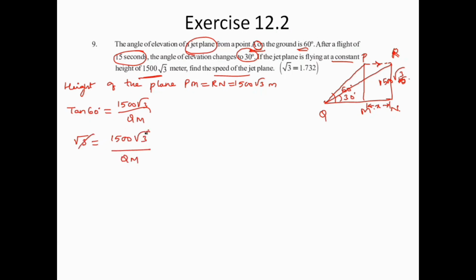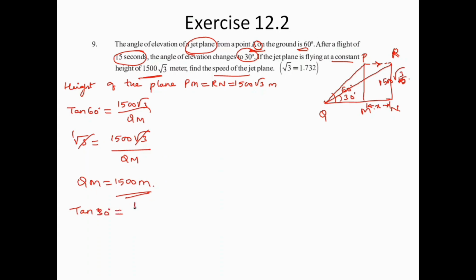Here root 3 is left off one time. So I can write QM is equal to 1500 meters only, right? And also we are having the other angle value over here, that is tan 30 degrees